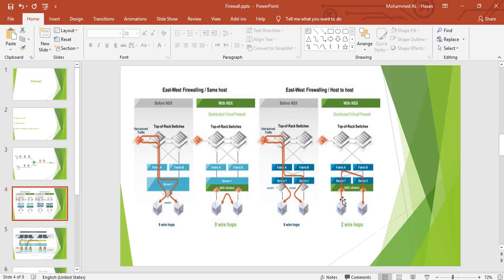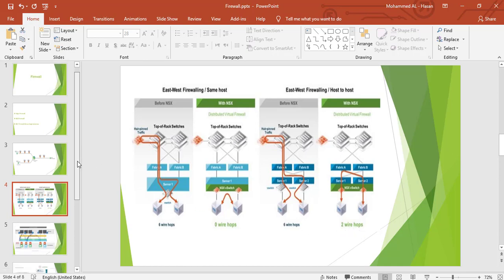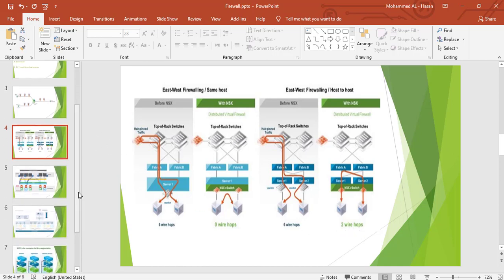Here, VM1 goes to the firewall, from the firewall to the switch, and back to VM2. Here we have two wire hubs. As we can see here, the distributed firewall is very useful because it